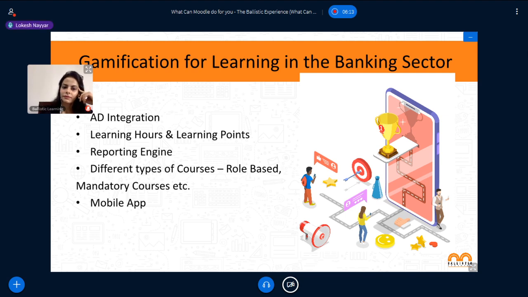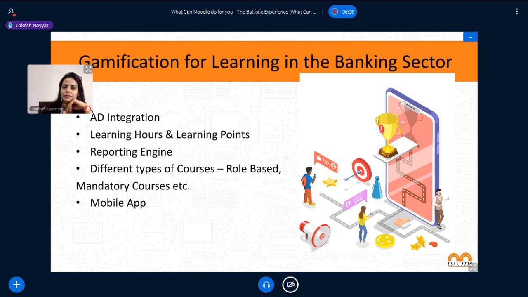Features of Moodle. After analyzing the client's requirement, we proposed to upgrade the platform to the newer version of Moodle. In order to improve user experience, we developed a new theme using the client's branding guidelines. We also developed a custom dashboard to make employees aware of what has to be done, using the Moodle calendar feature.